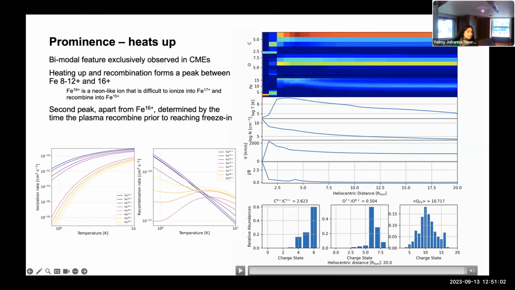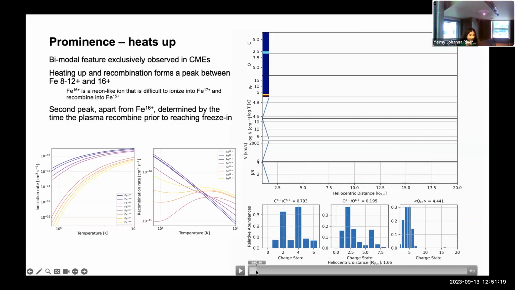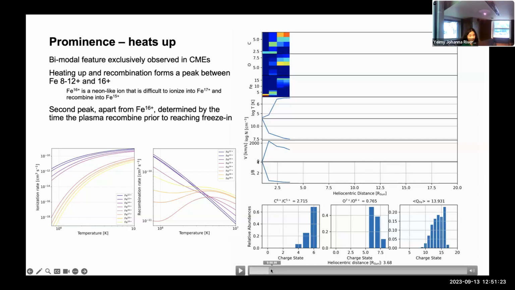And the ions that we see here are the ones that are likely going to be measured by the particle detectors. So our freezing ions look like this. So we end up with this double peak distribution in the iron. What's happening is, if we go back slowly, we see initial evolution showing rapid heating over 1,000,000 Kelvin very quickly. We start to ionize up to iron 16. It doesn't really go any farther than that.